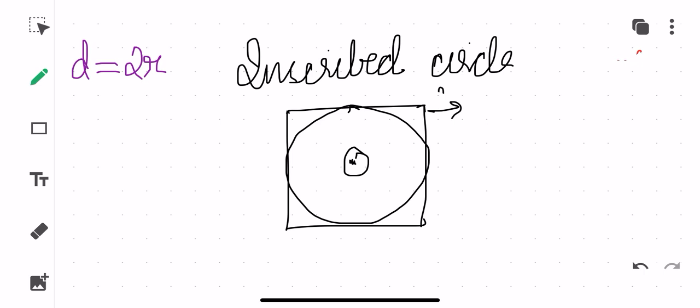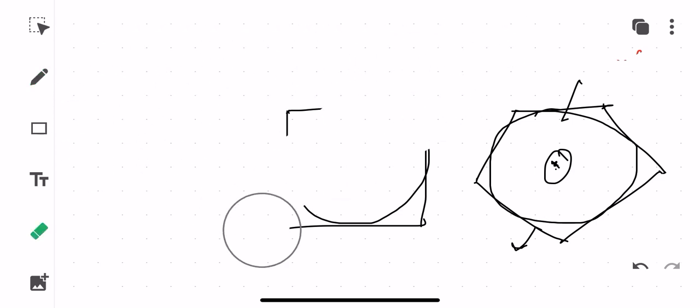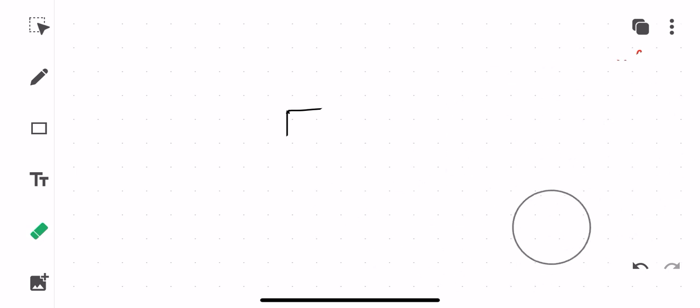Okay, and suppose I am drawing a pentagon like this. There are various examples that can be given, children, and suppose I have a circle that is running through all the sides. So here also this is called the incenter, this is called the incircle, and this pentagon is called a circumscribed pentagon. Okay, so this is the thing. Next we will be moving to the next thing in your textbook, children, that is called an arc, segment, and a sector.